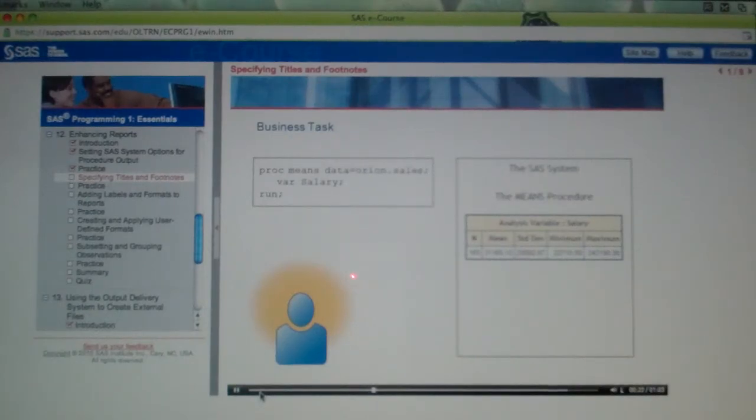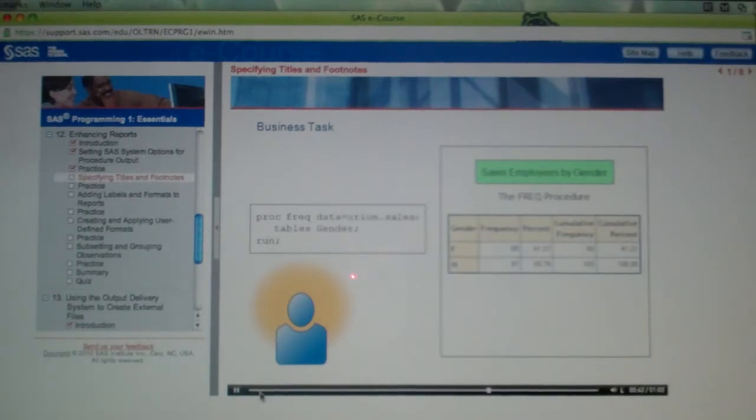You can see the standard title that SAS displays on reports by default. You'd like to add a title that is specific to your proc means report, as shown. Also, at the bottom of the report, you want to display the 2 footnotes shown here, with a blank line in between. In the same program, you want to include a proc freq step